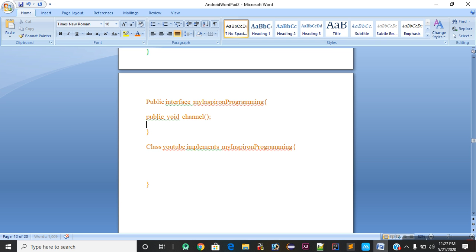Now I will copy this one. This is the method. Now I will use a meaningful body for the method.